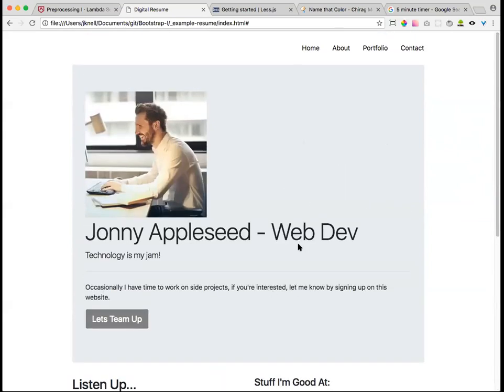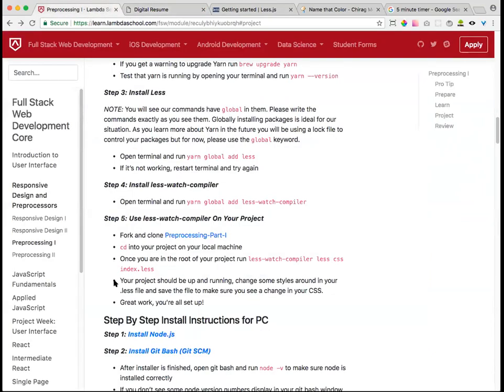If your creative juices are not working today, just copy this layout. If you want to push yourself and have tons of fun with this and build your own thing from scratch, that is the preferred way. I would love if you could come up with your own resume based on the requirements I give you. Okay? But again, it's not required to do that. So if we go down to the project,